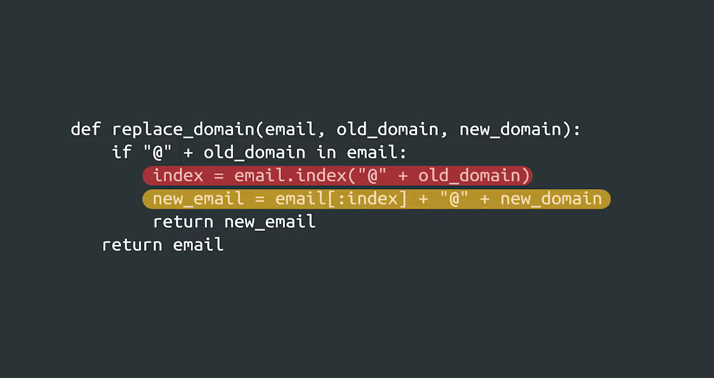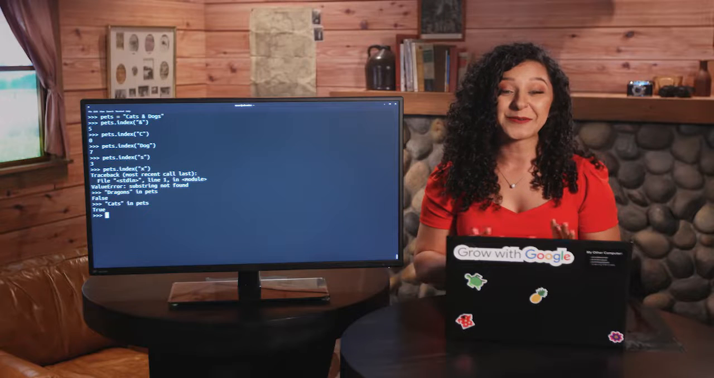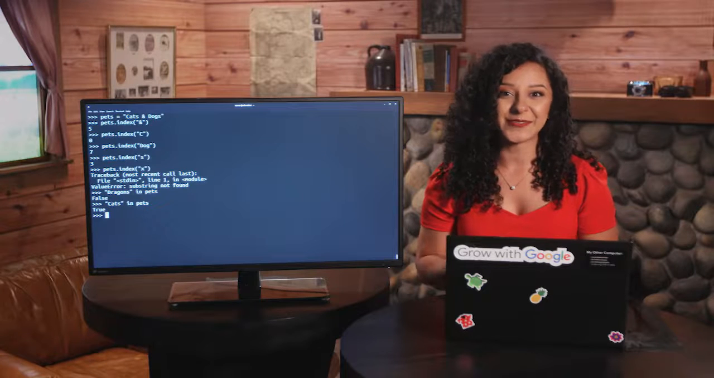So, using this index, we create the new email. This is a string that contains the first portion of the old email up until the index we had calculated, followed by the @ sign and the new domain. Finally, we return this new email. If the email didn't contain the old domain, then we can just return it, which is what we do in the last line. Wow, that was a really complex function with a lot of new things in it,